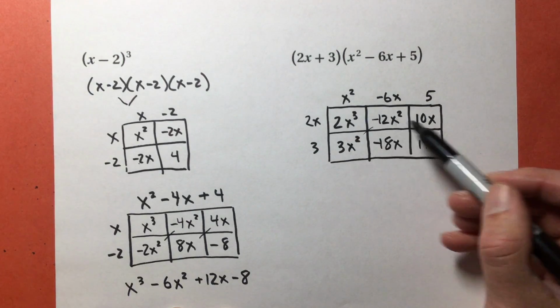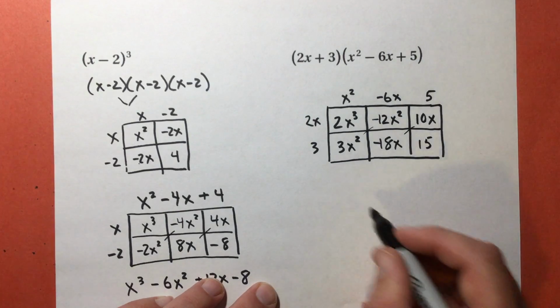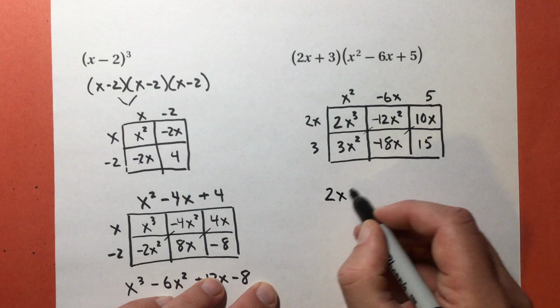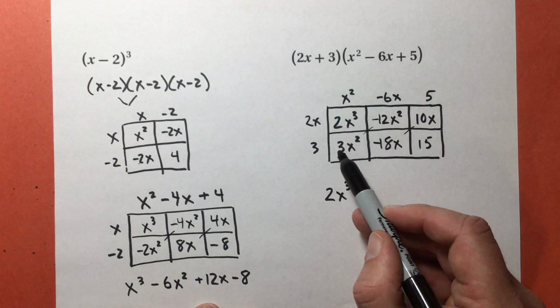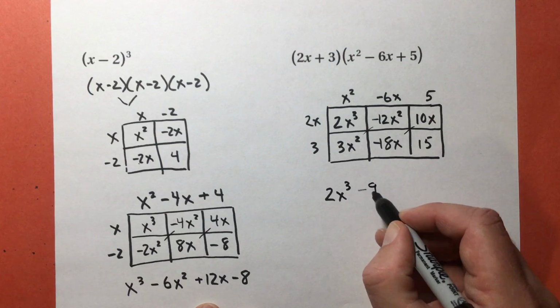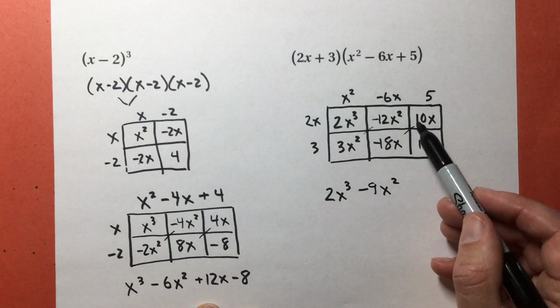So it looks like these two are going to go together, and these two are going to go together. So I get 2x to the third power. 3 subtract 12 is negative 9x to the second power. Negative 18 plus 10 is